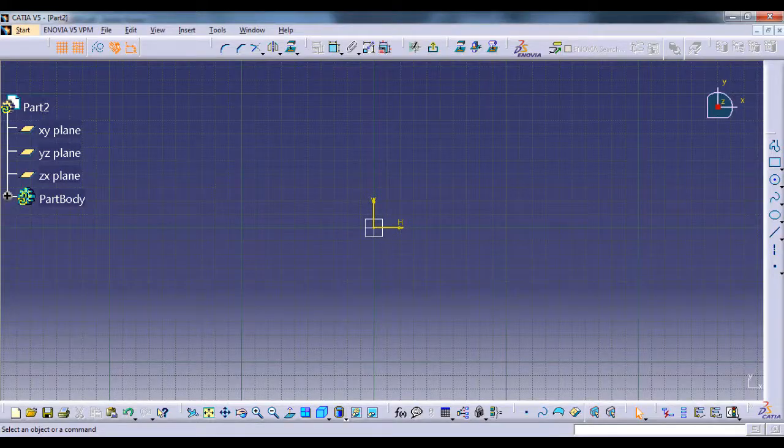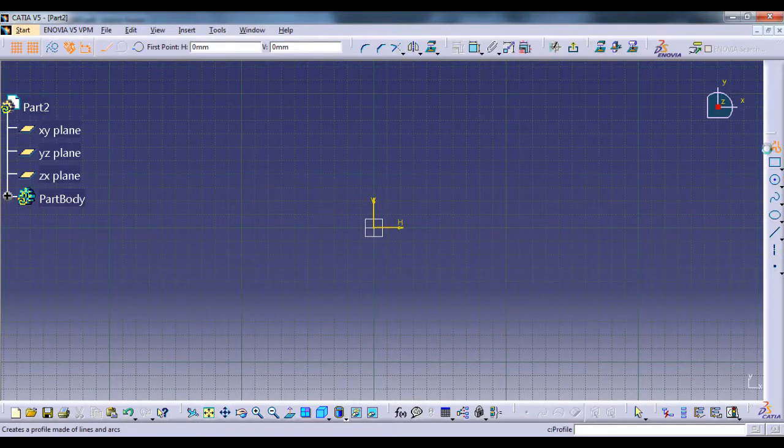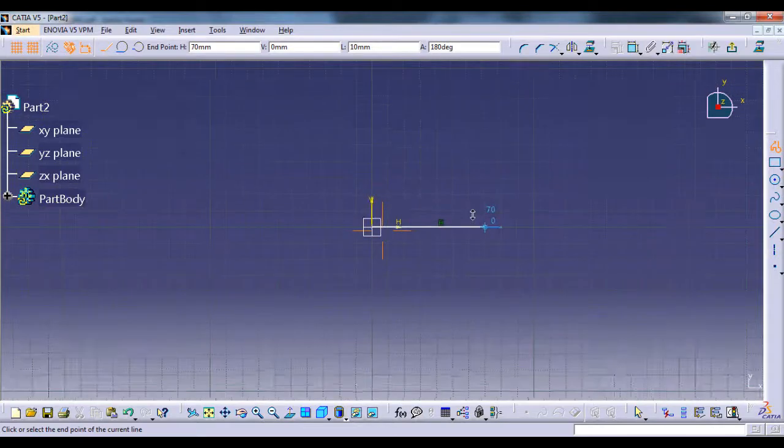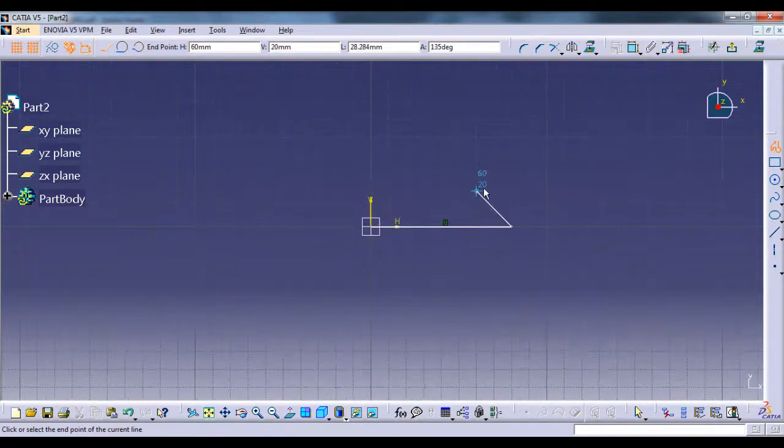So I will make the outline first. I will select this profile command, zoom in a little bit.